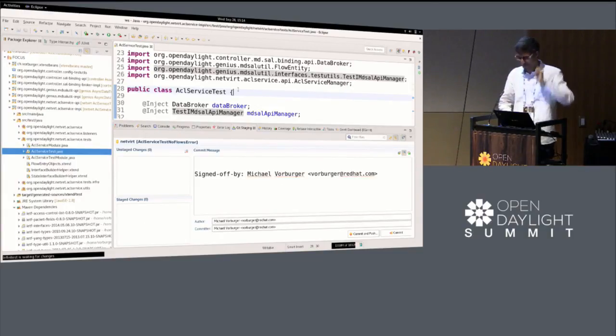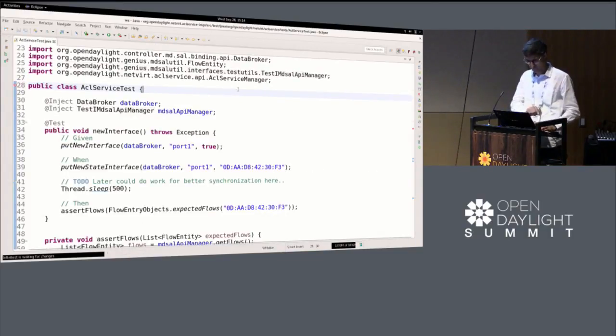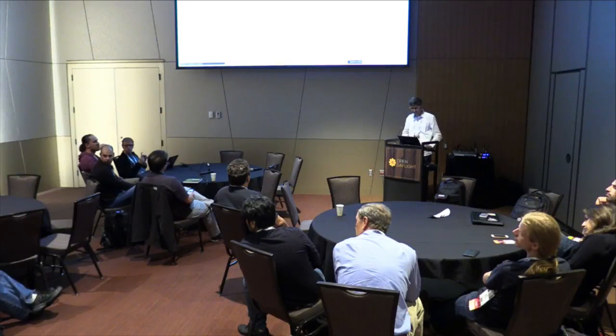David. First of all, I wouldn't characterize things as JUnit tests or not JUnit tests. It's cleaner to call them unit